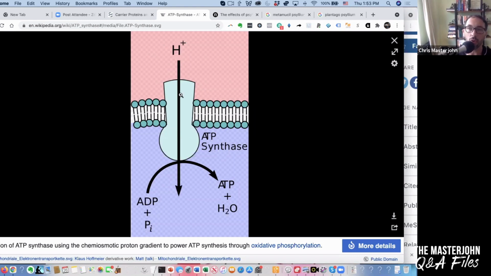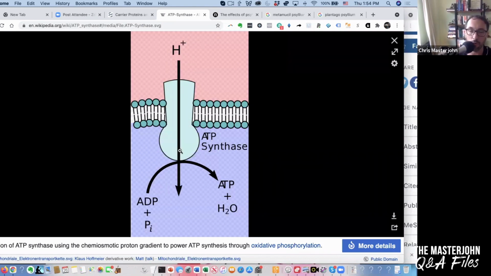you can only get across the membrane, which we know you want to do because of the second law of thermodynamics that says any chemical will want to maximally spread out and mix around, and any positive charge will want to do the same. So you have an electrochemical gradient with hydrogen ions. These hydrogen ions, because they're concentrated on one side of the membrane, want to get over here, just like high water wants to go to low water. And this membrane is like the dam, and ATP synthase is like the turbine, the hydropower plant.